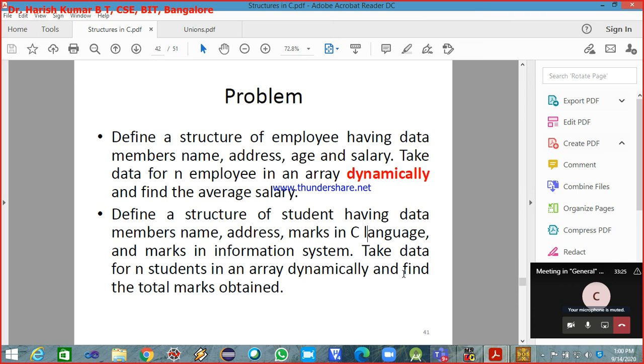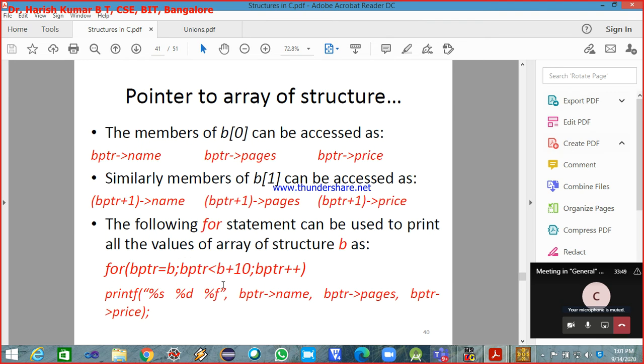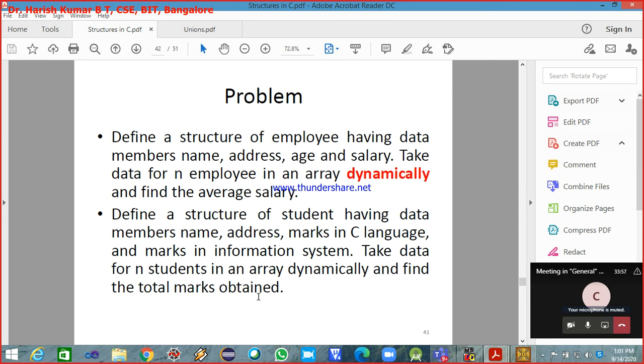Write a structure for employee and create an array, and then a pointer. Dynamically read the employee details and then run a for loop something like this, find the average salary and display it.